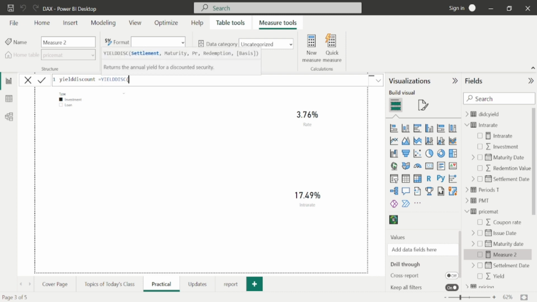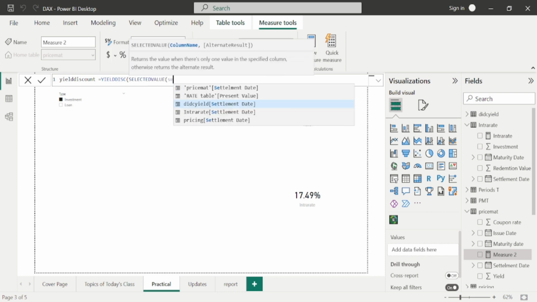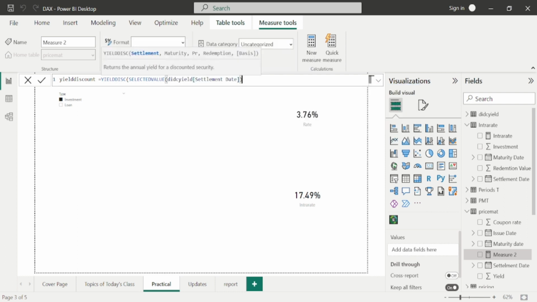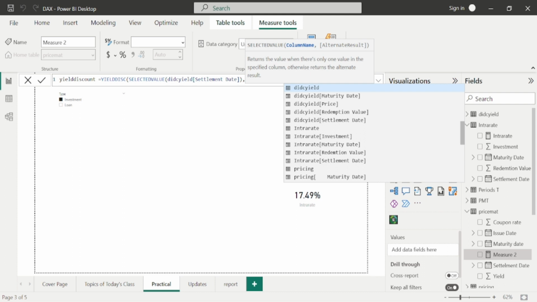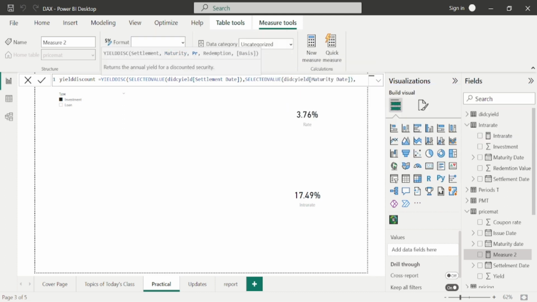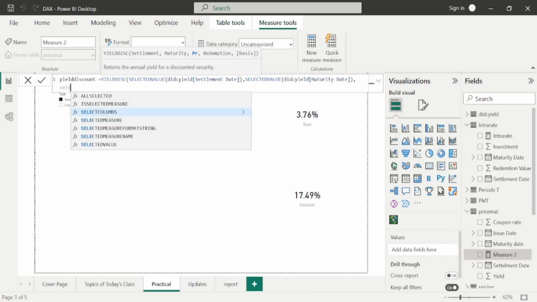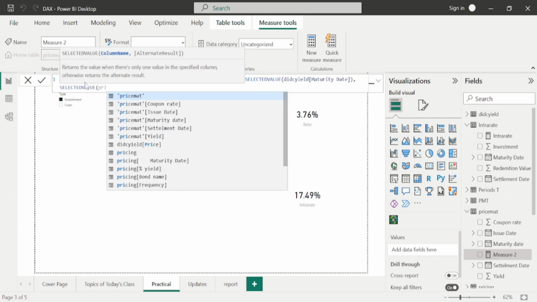So the first parameter is settlement date. So quickly enter the SELECTEDVALUE formula here and I will write settlement date, which is from the DID yield table, and close the bracket, comma. The next parameter is maturity. So again, we need to enter maturity date here under SELECTEDVALUE, which is again from the DID yield table. Close the bracket and the next parameter is price. So we need to code this column under SELECTEDVALUE, which is price, from the DID yield table